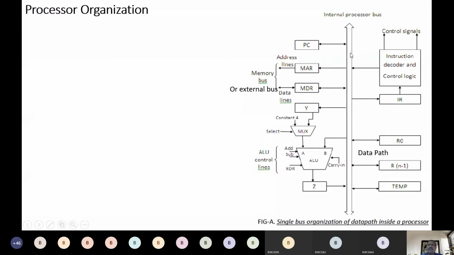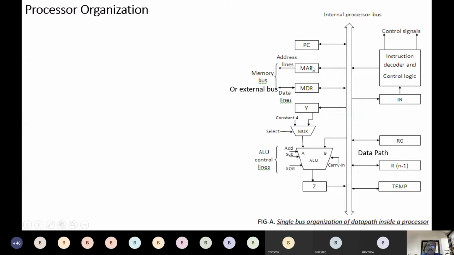So generally any address sent is stored in MAR, the memory address register. Who will be sending this address? Something like a processor. For example, the processor wants to read some data from the main memory. So this is the processor architecture. This processor wants to read some data from the main memory, or we can say primary memory or RAM.